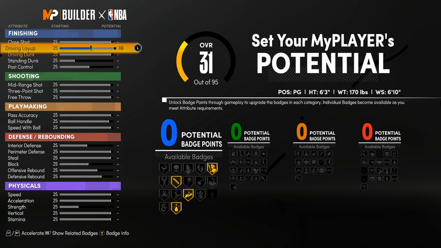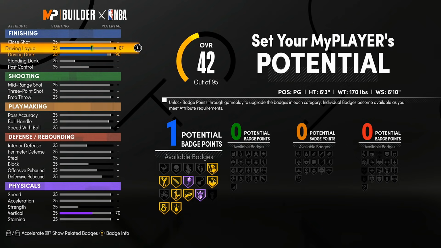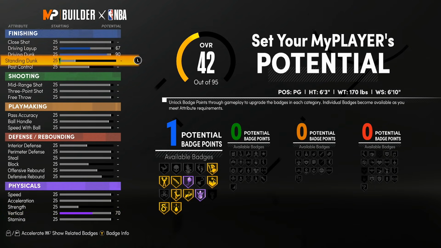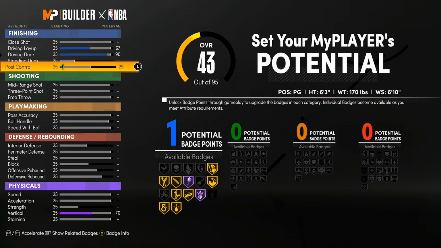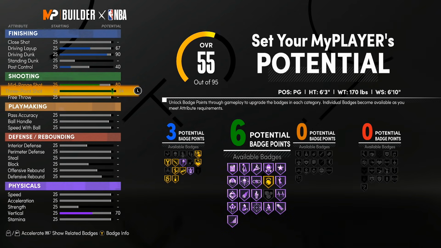All right, so look, 67 on your driving layup. You don't need a max driving layup at all, and you don't need a max driving dunk. So look, 67 and 90. You will have a 94 driving dunk at 99, which gets you all the contact dunks that you need. I only go 3 finishing on this build. Now, I know that might deter some of you, but I'm telling you, 3 finishing is more than enough. All you need is Goal Posterizer. Contact dunks are so broken in this game, you can literally dunk on everybody at every given time without ever